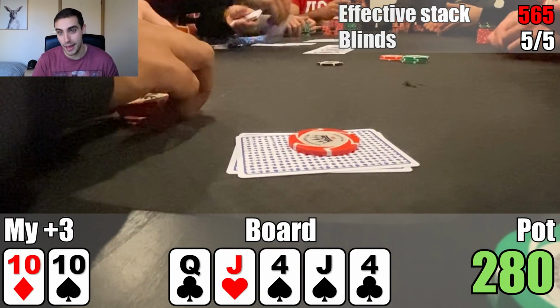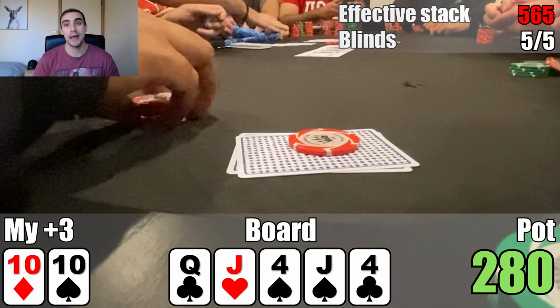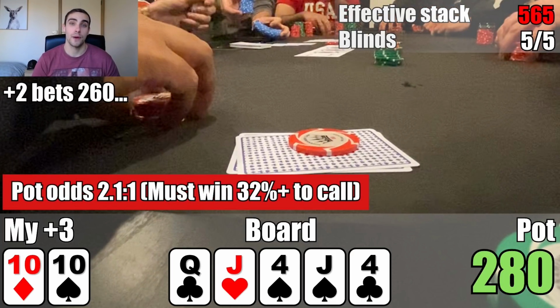clubs pairing bottom pair. Then my opponent's in the tank, probably a good 30 seconds before going ahead and betting 260. So pretty big bet. We're getting 2.1 to 1 on a call, so we need to be good about a third of the time here. They could probably be betting like ace-4 suited, maybe 5-4 suited as well, and those hands are now stuff